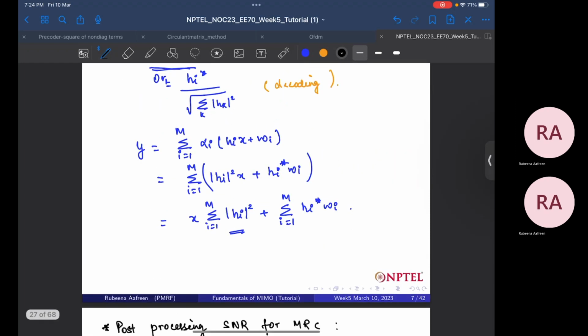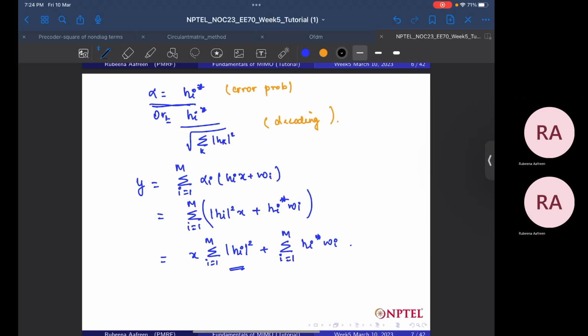So here if you see, we have the signal term and we have the noise term. Okay, so signal power is like